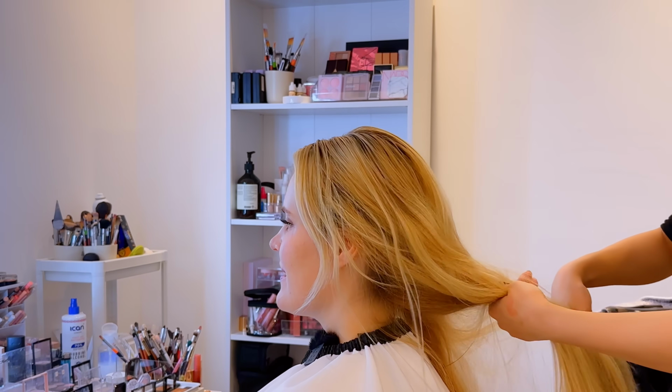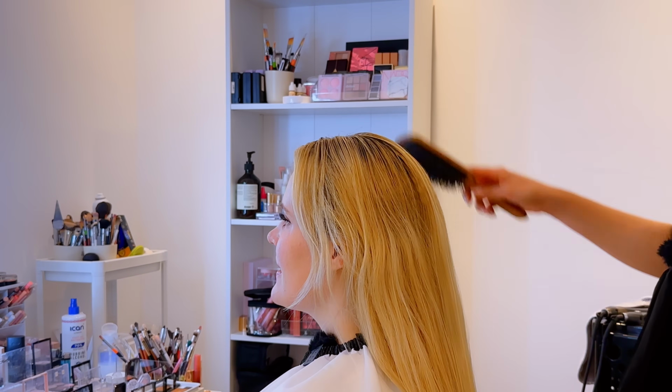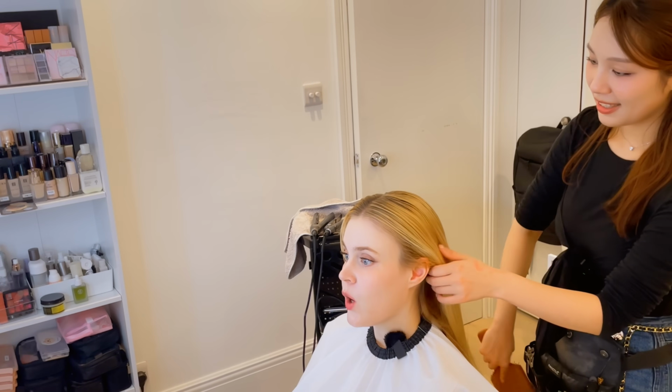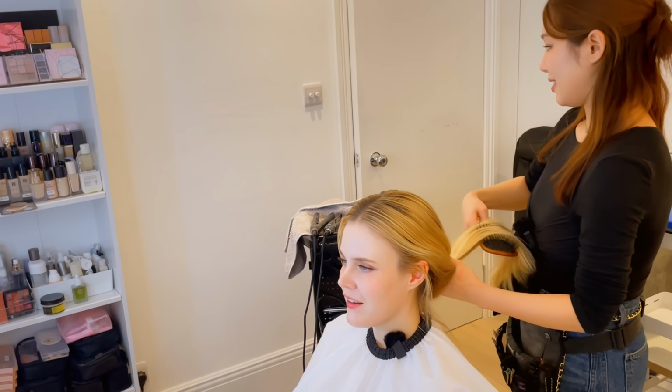Are there any particular styles that are quite popular in Korea and stuff? Mostly Korean brides like to have their hair up, like an updo, especially a low bun. I think it's